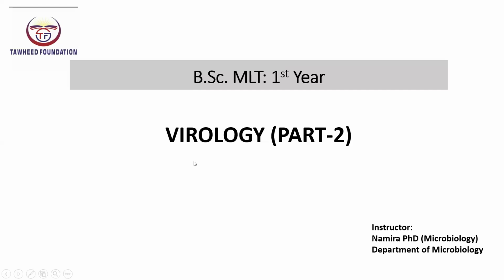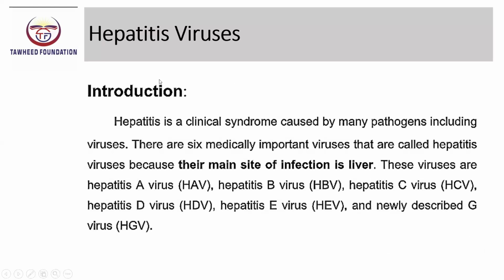I will continue with virology part 2. Hepatitis viruses are a group of unrelated viruses that primarily infect the liver and cause inflammation. The different hepatitis viruses, that is A, B, C, D, and E, have distinct structures, transmission routes, and clinical outcomes. But all of them share the ability to cause liver disease, ranging from acute self-limited hepatitis to chronic infection, cirrhosis, or hepatocellular carcinoma. In this module, we'll focus mainly on hepatitis A and B, which represent RNA and